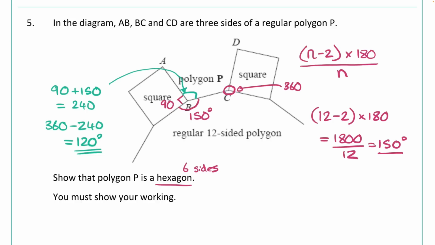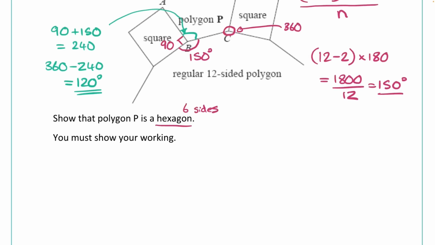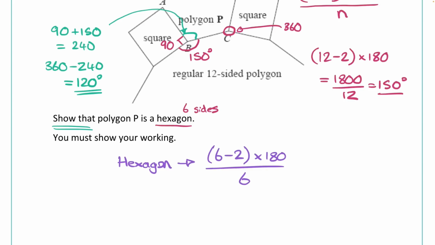So whatever shape that is, whether you know a hexagon or not, it has to have an interior angle of 120. So if we want to show that, because it does say show that, if we want to show that it's a hexagon, well, we need to work out the interior angle in a hexagon. So a hexagon has 6 sides, so if we choose our formula, it would be 6 minus 2 times 180, and then divide that by 6. Now, you can type that in steps if you want. That comes out as 720 on the top, divided by 6,